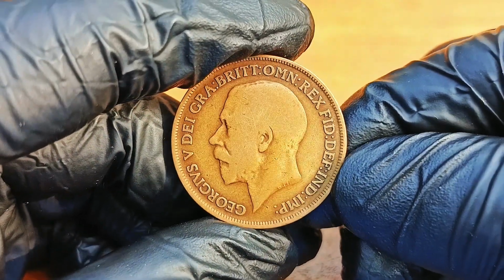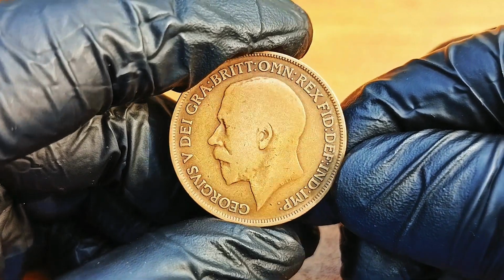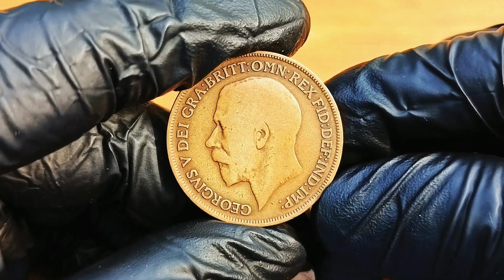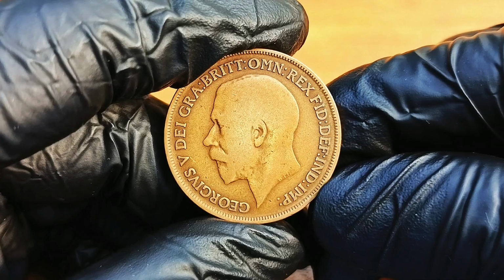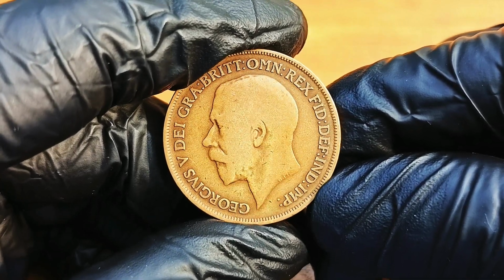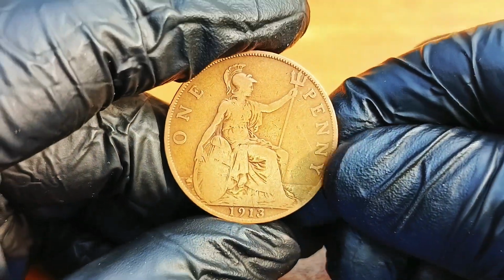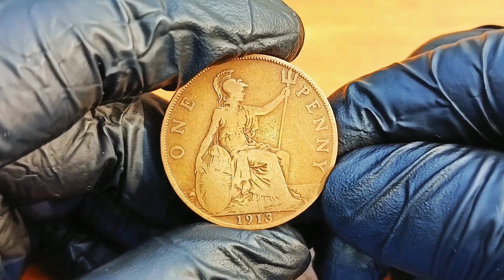The current market value of a 1913 1 penny, especially one in fine condition. Coin values can fluctuate over time based on rarity, condition, and demand. As of today, the 1913 penny is valued at a few different price points, depending on its grade. In fine condition, which means the coin shows clear details but might have some wear, the 1913 penny can fetch around